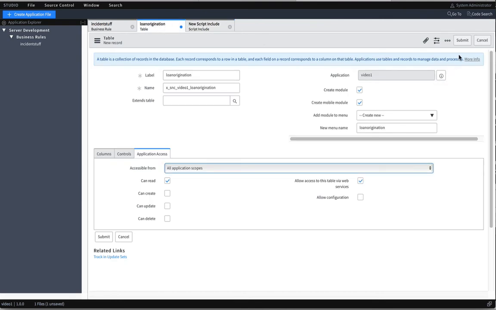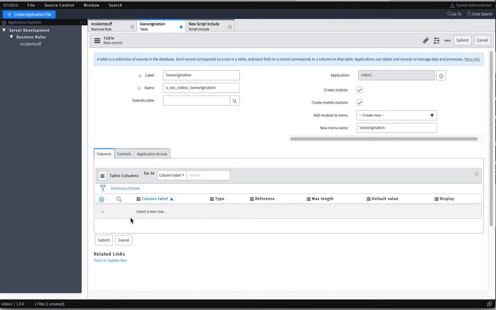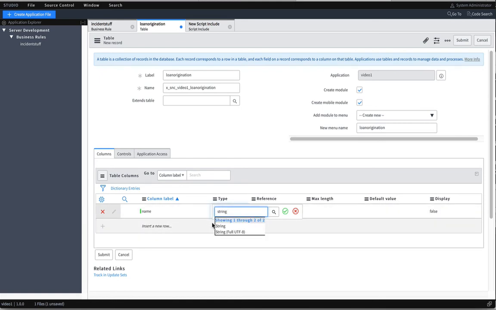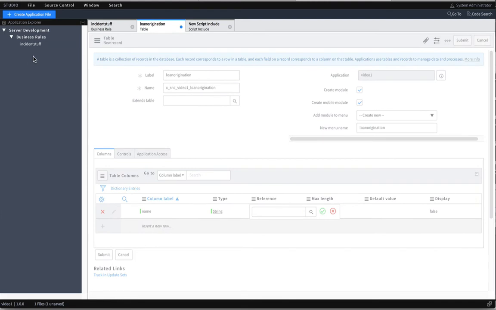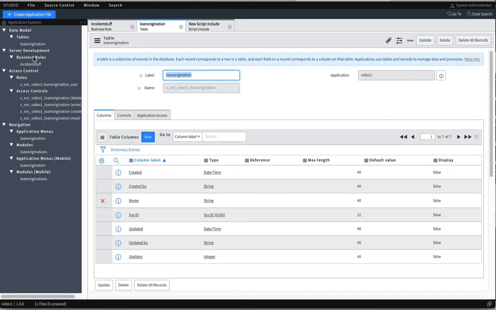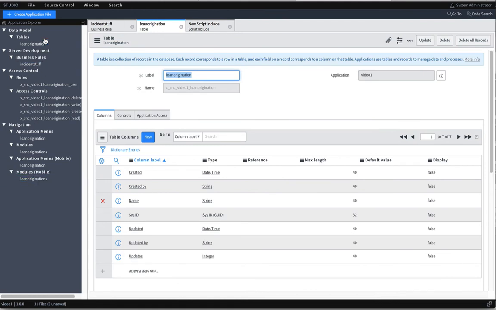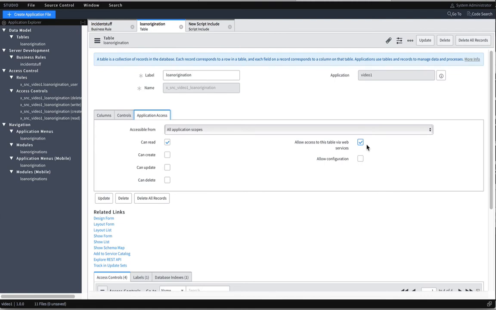So if I go ahead and submit this table, you'll see it show up in my container. Let's just give it a quick column here, submit, and now you'll see it'll create a bunch of new application files. Some of them are access controls as well, since I created a data model, so you'll get quite a bit when you create the data model. But the main point is, remember, it's in the right application context, and we've defined how other applications can communicate